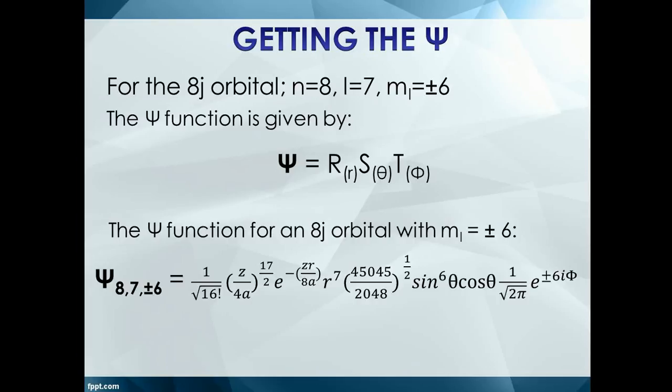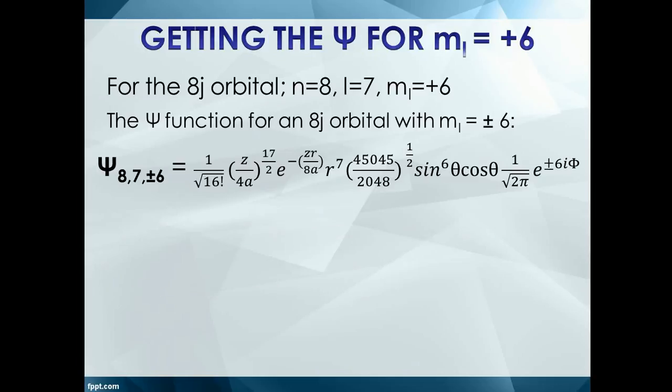The complete wave function for an 8J orbital with ML value of positive/negative 6 is given by ψ(8,7,±6) equals 1 over square root of 16 factorial times (Z over 4a) raised to 17 over 2, e raised to negative Zr over 8a, times r raised to 7, (45,045 over 2048) raised to 1/2, sine raised to 6 θ cosine θ, 1 over square root of 2π, e raised to plus or minus 6iφ. So, getting the wave function for an ML equal to positive 6,